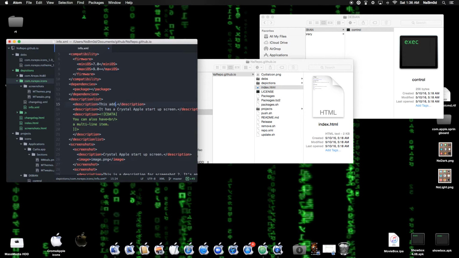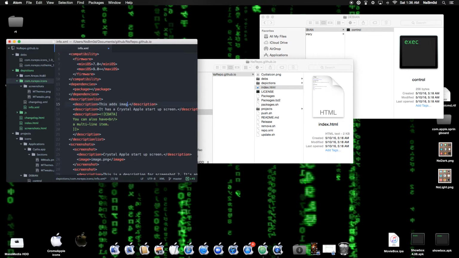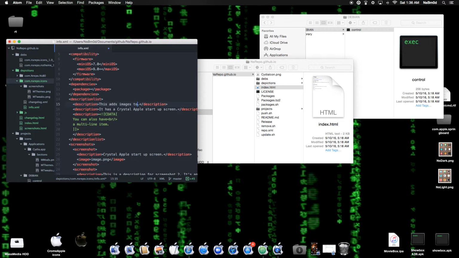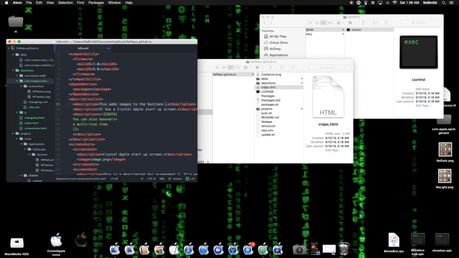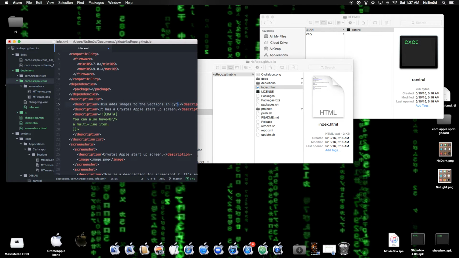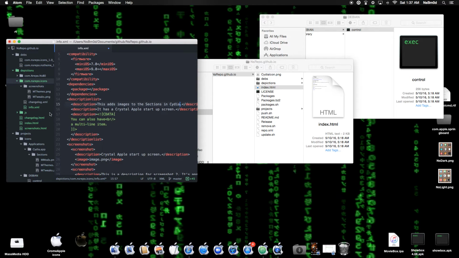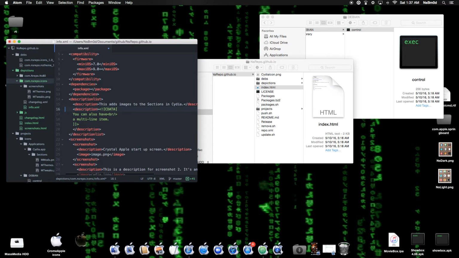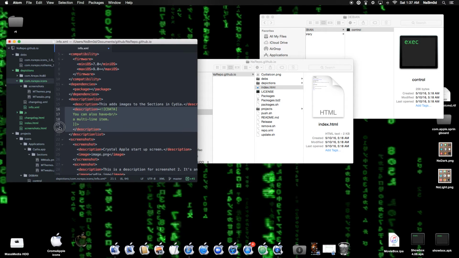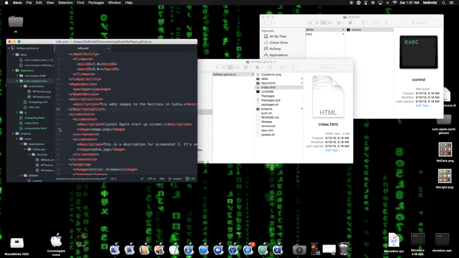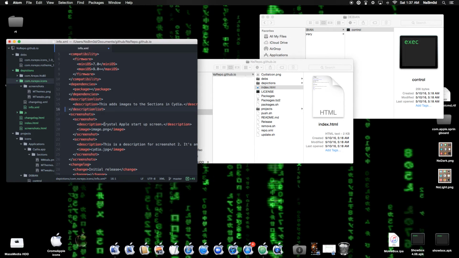this adds images to the sections in Cydia. And we don't need that description, and we don't need a multi-line description. And the screenshot,